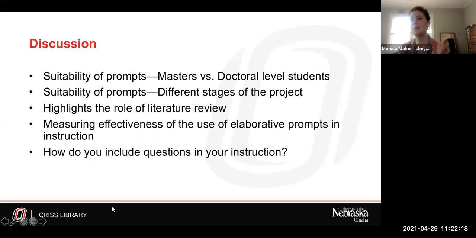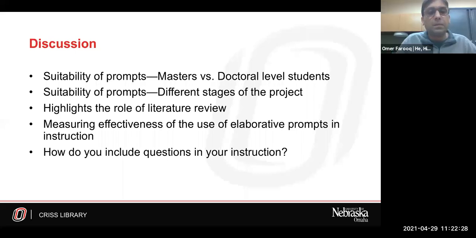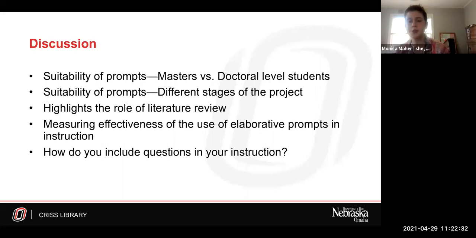I think that some of the things you mentioned already build into that relationship. Going to those department meetings and specifically saying you can help grad students who are beginning their thesis or their dissertation, and having the department know who you are, you're their librarian.